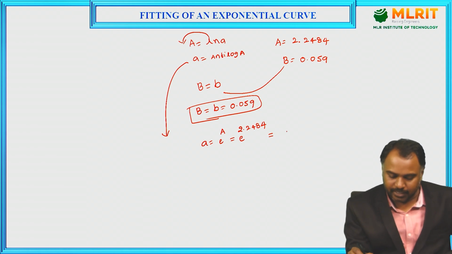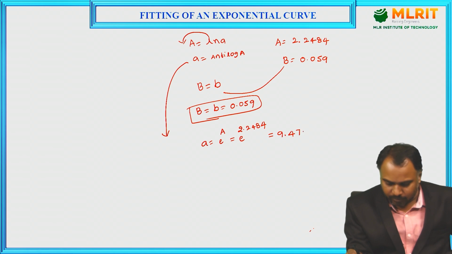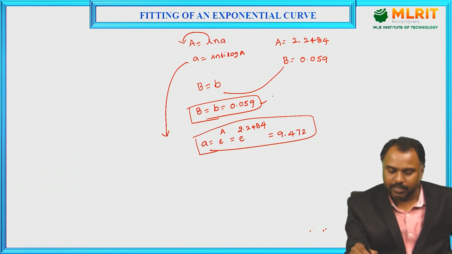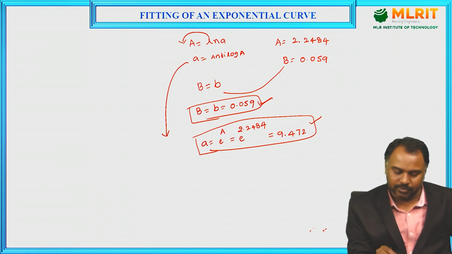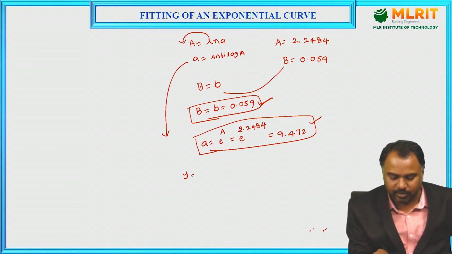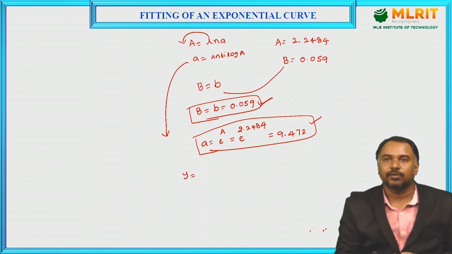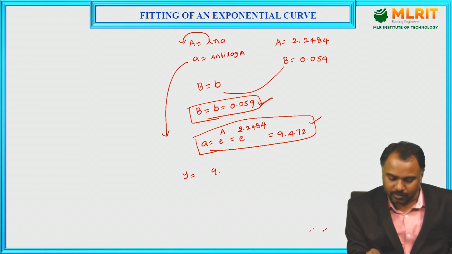Just type it in the calculator and we get small a, whose value is 9.4725. So small a value is this, and small b value is this. This we are going to substitute in our curve. So what is our curve? The exponential curve, y is equal to a e power bx, where a is 9.472 times e power b,